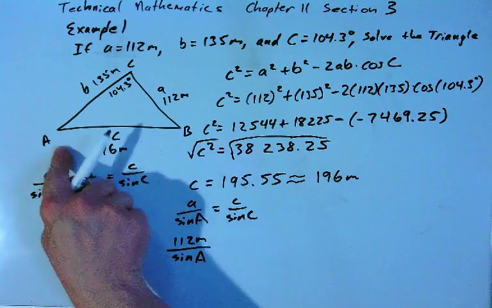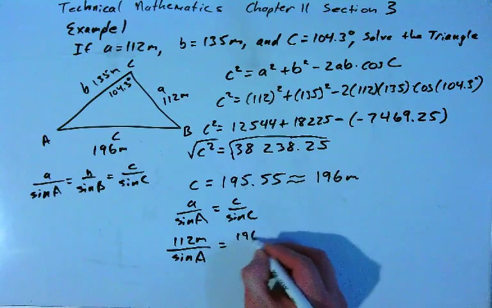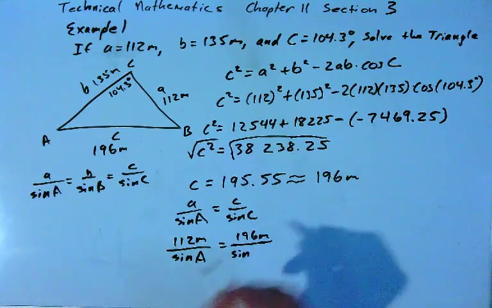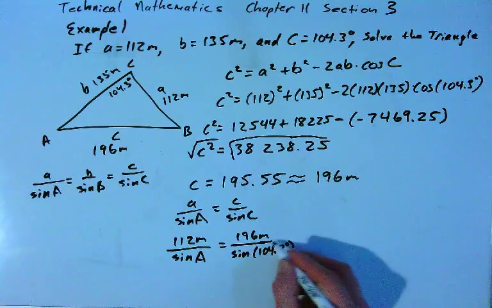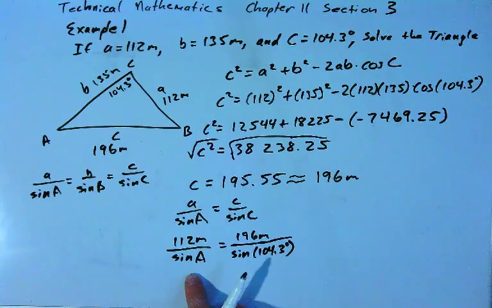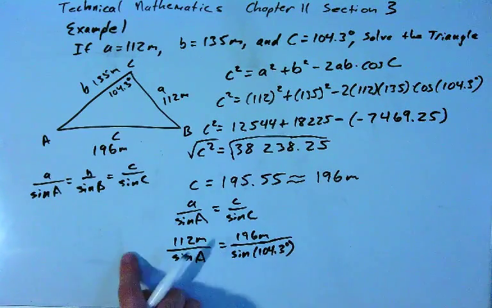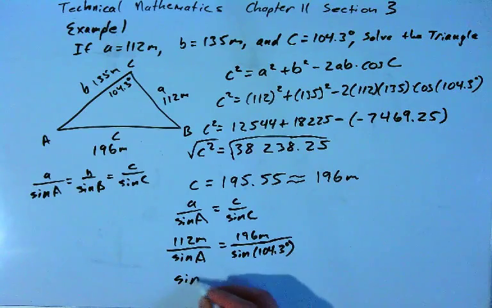The angle A is what I'm looking for. Side C is 196 meters, divided by the sine of C, which is 104.3 degrees. And so I want to get sine A out of the denominator. I multiply both sides by sine A. I'm going to multiply both sides by sine of 104.3 and divide both sides by 196, so that I'll end up with sine A